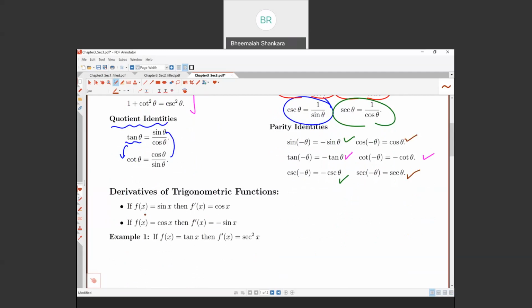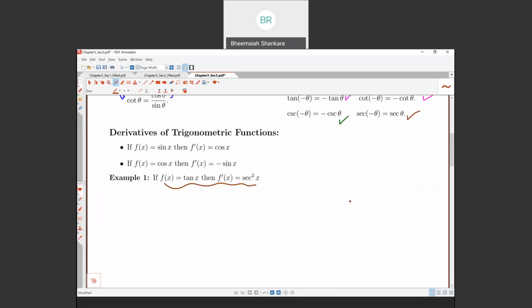Now you're given a function f, which is sine, and you're asked to derive f prime as cosine. You can write this as a formula first, but we can do it also using the derivative definition. Similarly, the derivative of the function cosine is negative sine. So let's do this. You're given a function tangent, you want to find the derivative, f prime is secant squared. So let's write f of x is tangent x.